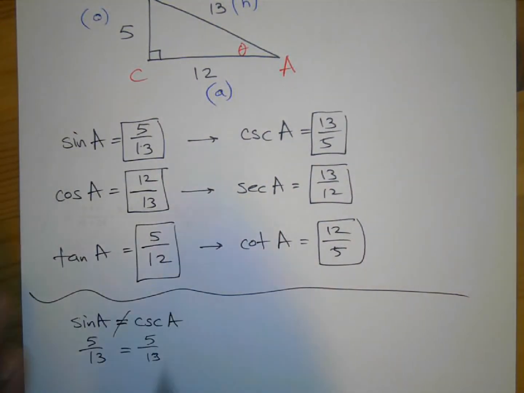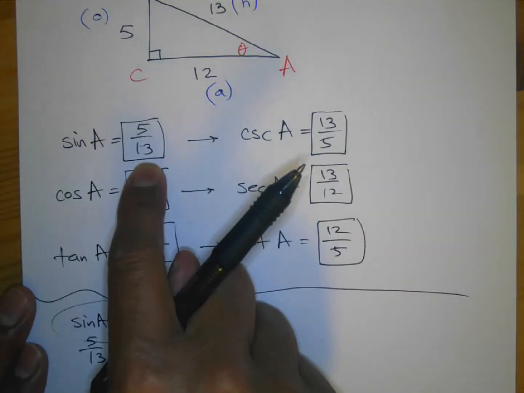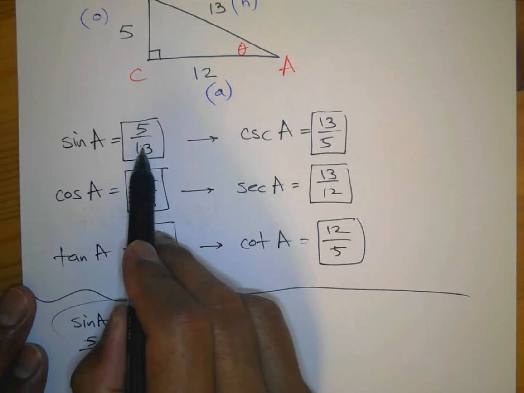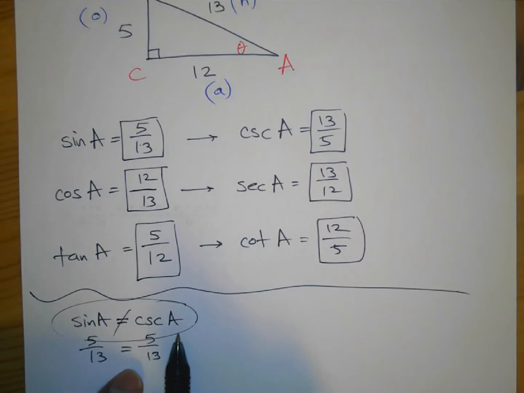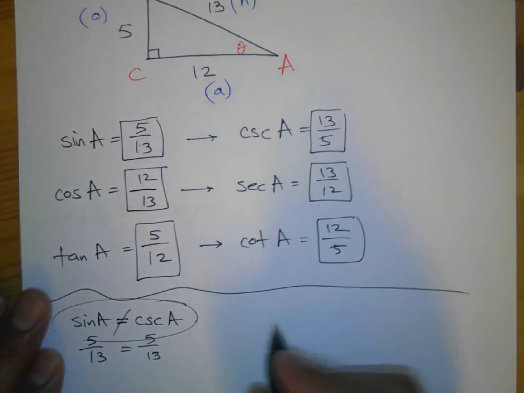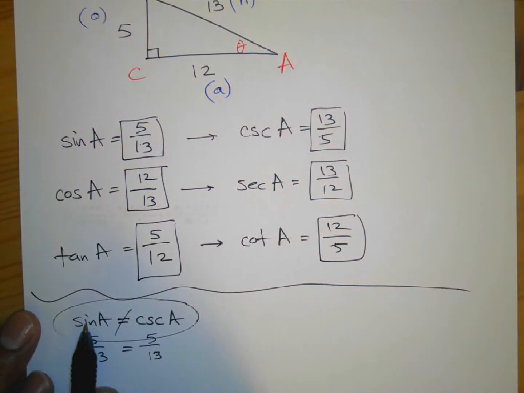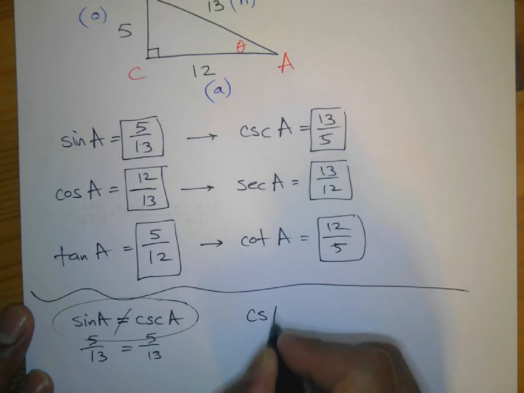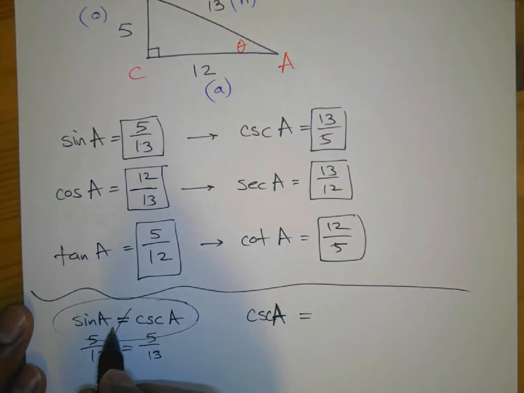So again, what are these identities? It's a formula, but not one that says they're equivalent, because if sine is 5/13, then cosecant would be 5/13, and that's not true. So if sine is 5/13, how can I communicate in math what cosecant is? That's where you get this first identity. We know it's the reciprocal. I can't say that sine of A is equal to cosecant of A. To get cosecant of A from sine of A, it's not equal to sine of A. It's equal to